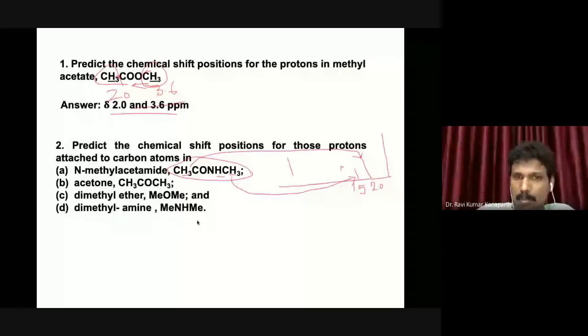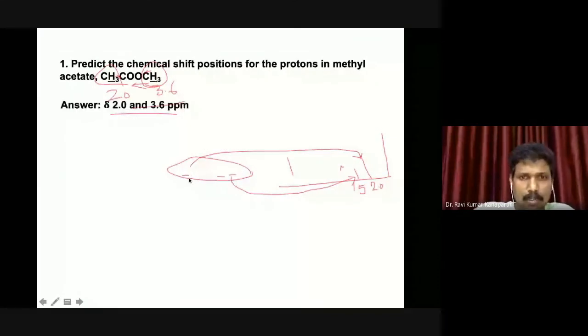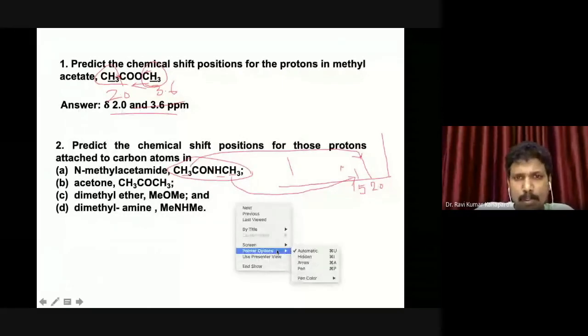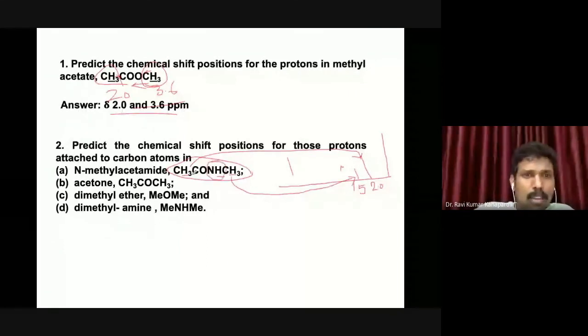You have certain points. These are all things you have to remember. Tomorrow we will discuss further. All of you find out where the NH proton will appear. This is basically an aliphatic amide, right? I'm sure most of you will agree. In the case of an aliphatic amide, where will the NH proton resonate? That is the point you have to discuss and find out.